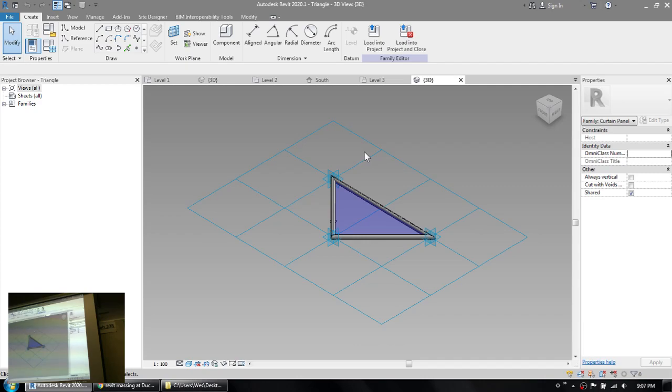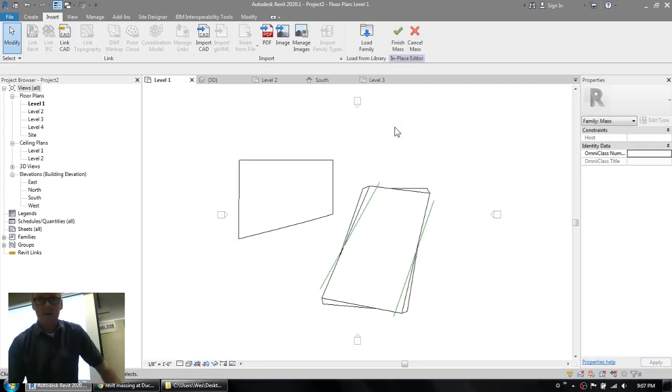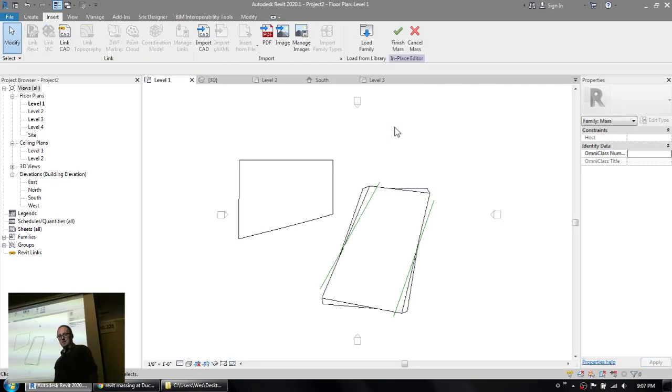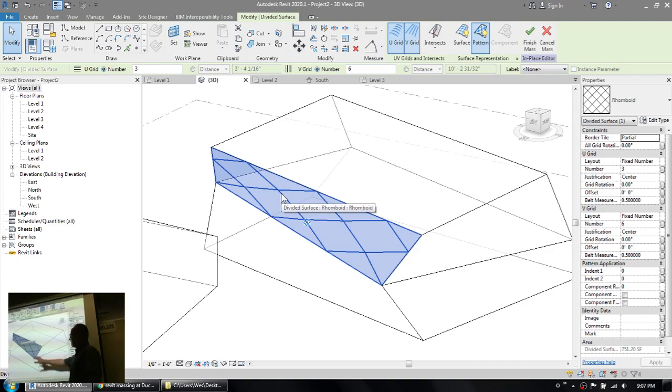This is the template that these pattern-based panels are built from. It's a pretty strange process, and I don't actually use it that much, but some architects do. Choose load into project if you folks see it on your screen, or load and close, and it'll get added to your project. Now in 3D, on the part where you created the grid,